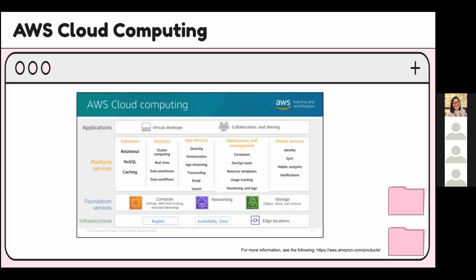So in the succeeding discussion, for the infrastructure, we will talk about the region, the availability zone, and the edge locations. Then for the foundational services, we will talk about compute, or the virtual machines, networking, and storage. For the platform, which is very popular with DevOps and developers, we have databases, analytics, application services, deployment and management, and mobile. And for the application, we have virtual desktops and the collaboration and sharing services. Then,